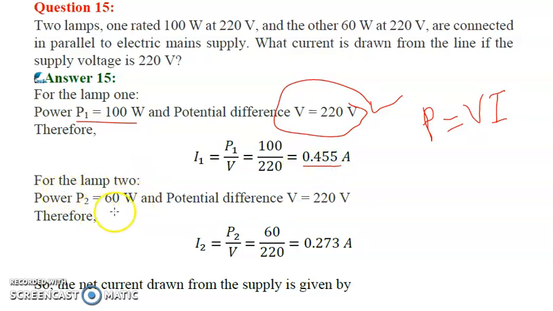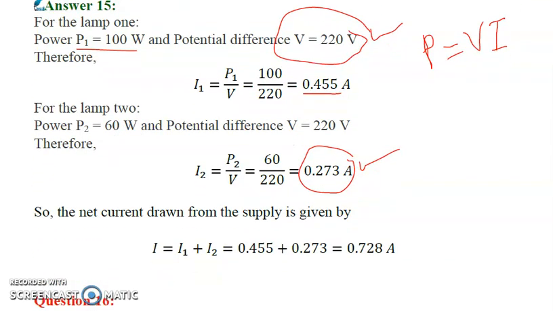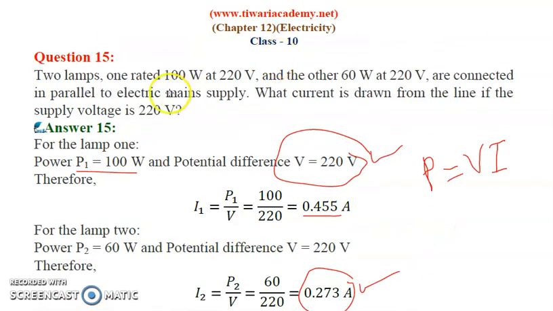For the second lamp, power is 60 watt and potential difference is 220. So current would be calculated as 0.273 ampere by using the same formula. So total current from the supply would be I is equal to I1 plus I2. So it will be 0.455 plus 0.273. So this will be the total amount of current that will be drawn from the battery if these two bulbs